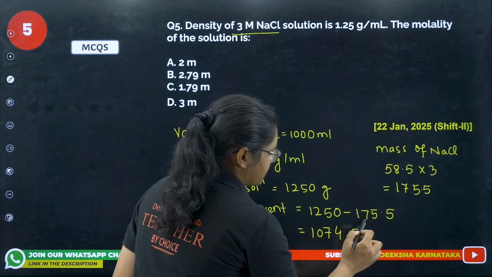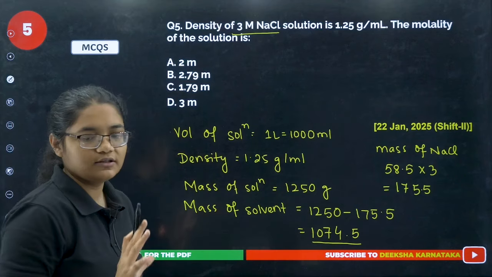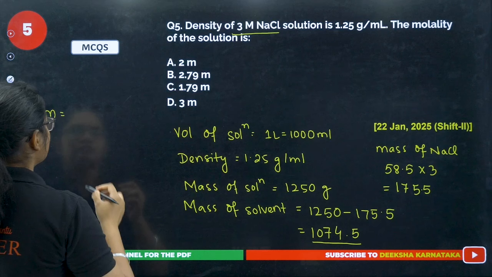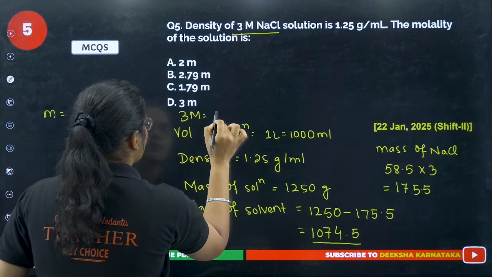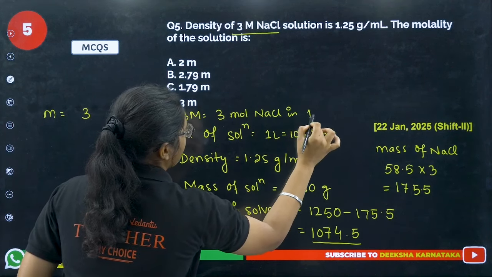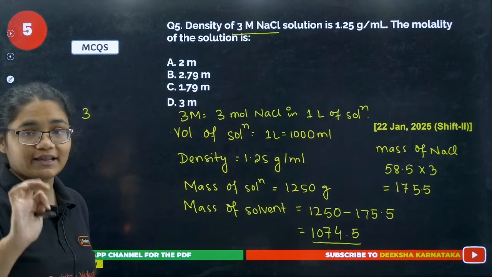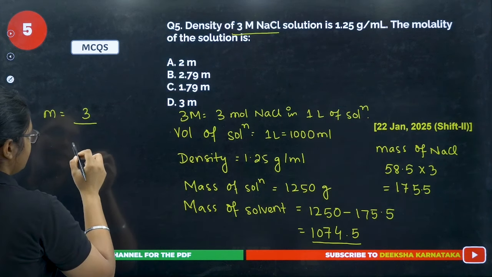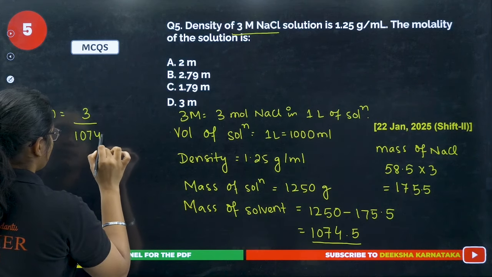So let me just recheck the calculation. Yes, 1074.5 is the mass of the solvent. Now if I want to calculate molality, I have 3 moles of NaCl. So this 3 M denotes what? 3 moles of NaCl in 1 liter of solution, right? So what is the moles of NaCl? 3 moles. So I have molality, number of moles is 3 divided by mass of the solvent, that is 1074.5